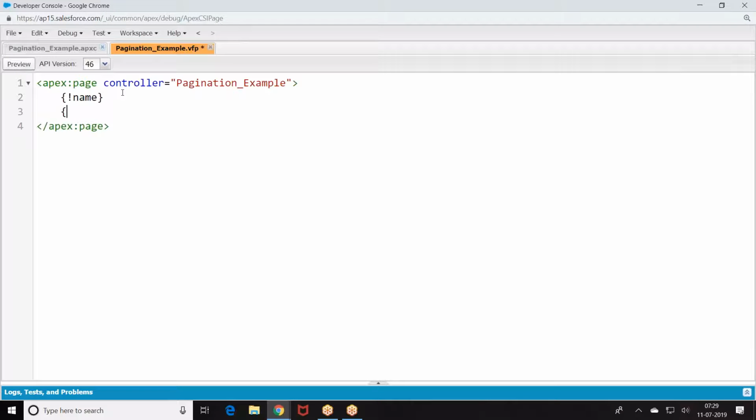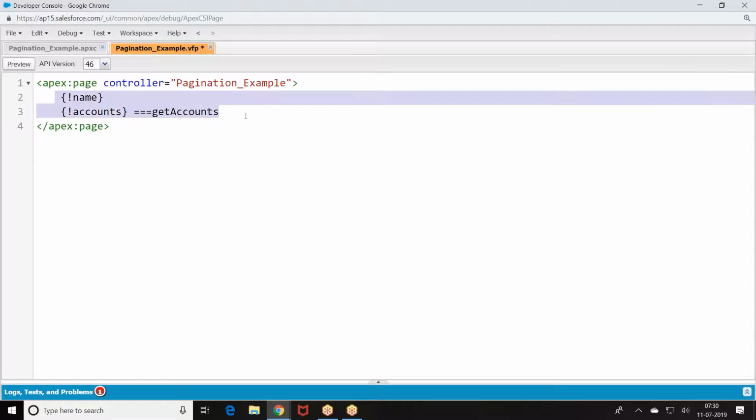If I call accounts, internally it's going to call get accounts. There is a reason why we are writing getter method. Any variable we call, the corresponding getter method is invoked in the Apex class.